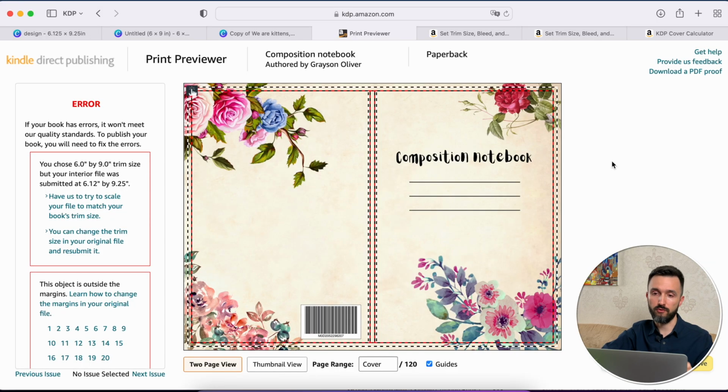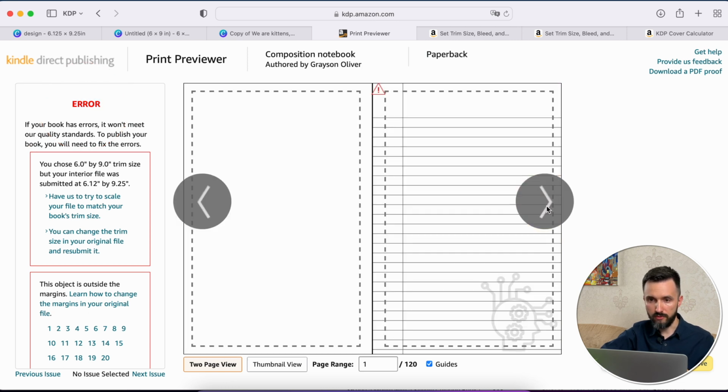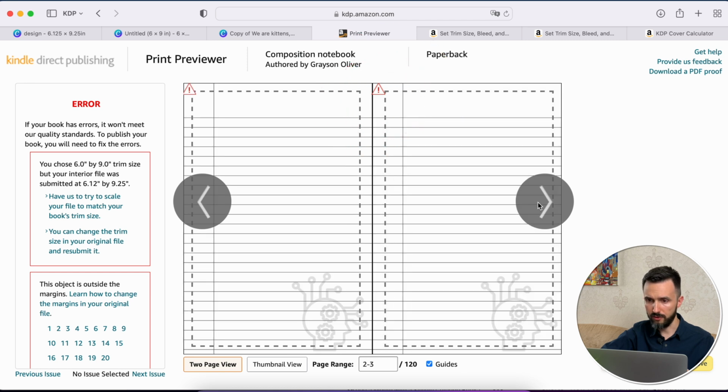What does left or right gutter page mean? And in the end, I will give you an opportunity that can help you save a lot of time. So many questions appear from this particular Amazon page. As you can see, the cover is okay, but on the left side you see this error. And let's go further. As you can see on the first, second, third and any other page, the same issue.